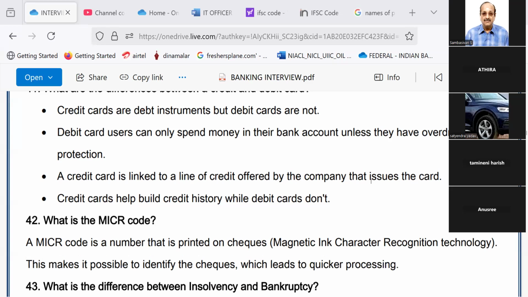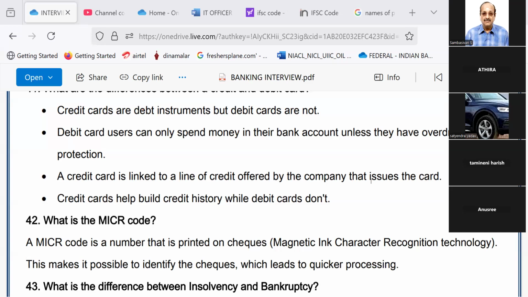Good. And credit card, it is like this. Debit card we can use for taking money from our account. A credit card means the bank will give you a limit and you have to use that limit. You can use it for buying goods or withdrawing cash and all. And you have to repay before the date given in the bill. If you do not repay before the date given, you will have to pay interest on that. And the interest rate is quite high, 3%.